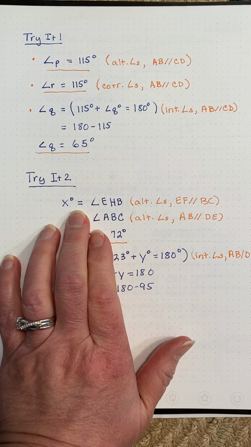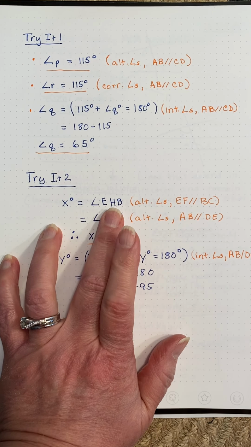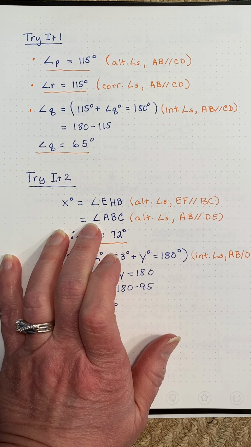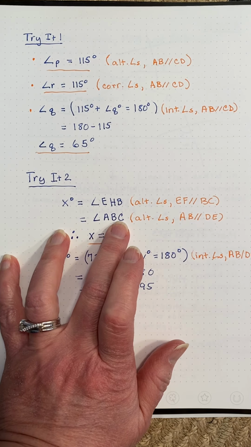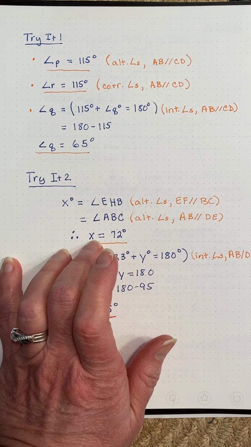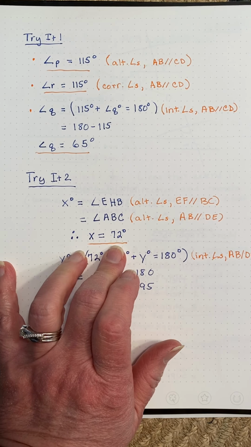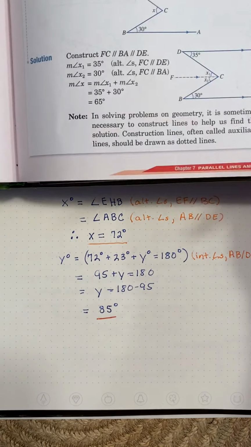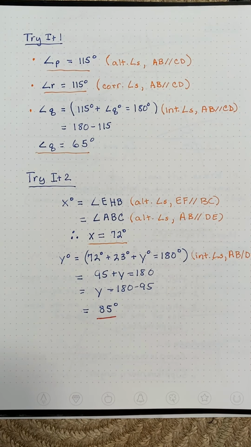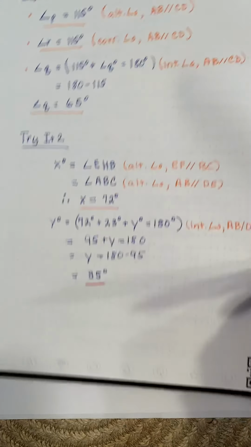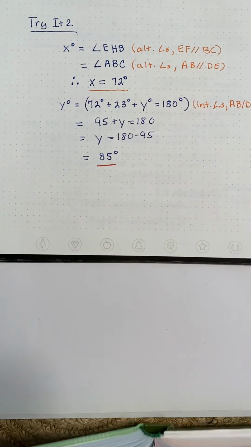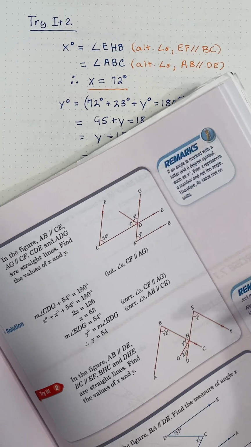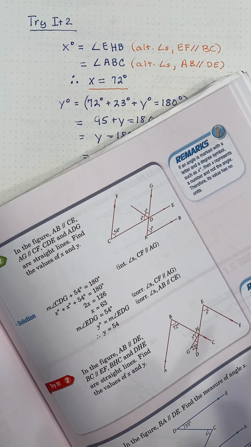Angle x is going to equal angle EHB because of the alternate angles. Therefore, it's going to equal ABC because of alternate angles. And because of that, angle x is going to be 72 degrees. So let me just show you that. Not sure where to go. Here we go. I think I'm just going to move this up a little bit. There we go. And my book does not fit very well under here. Okay, so